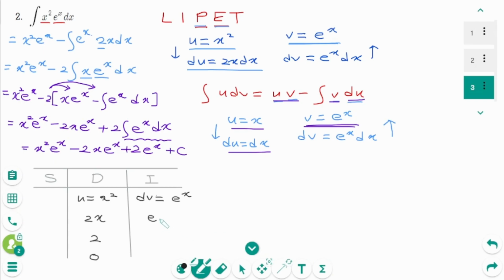Integral of e to the power of x is always e to the power of x. Then everything is e to the power of x. The sign is alternated from plus, minus, plus, minus. The integral of x squared e to the power of x dx equals, starting with the sign, the derivative is multiplied by the integral one below it before 0, times x squared times e to the power of x